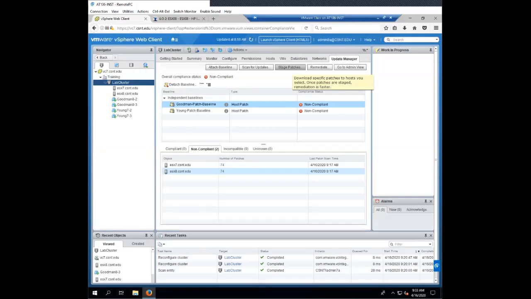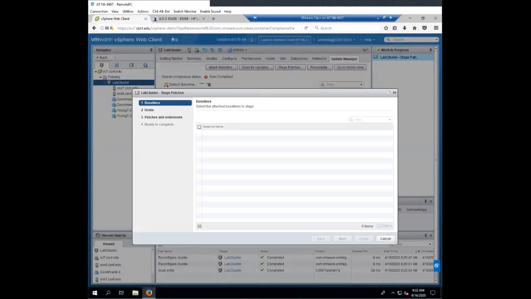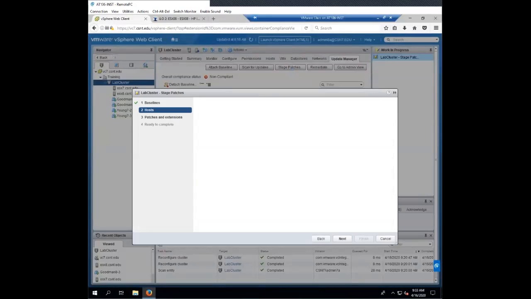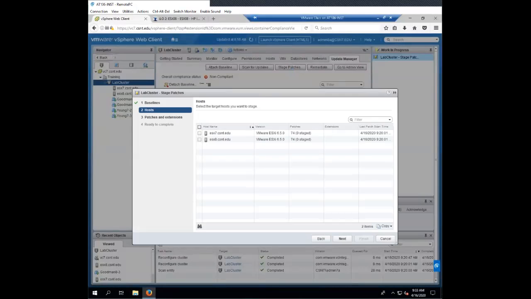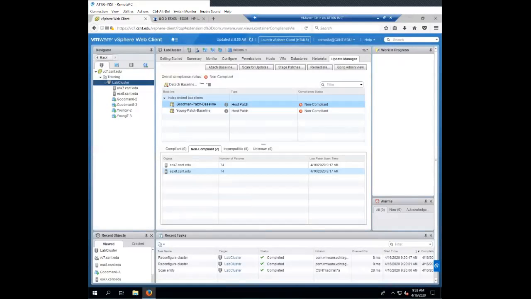So let me see, before we start clicking on stuff, let me see what mine looks like. If I click stage, what happens? So I can pick my baseline, and yeah, I could pick my host. So that's what we're going to do. So staging patches,